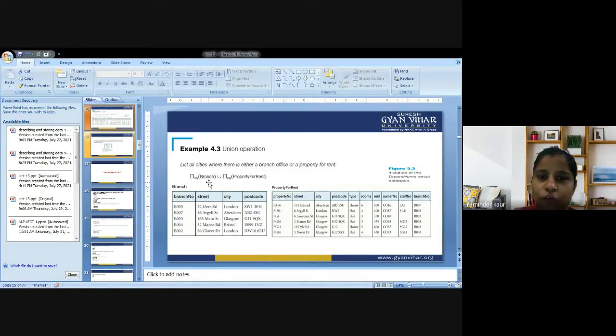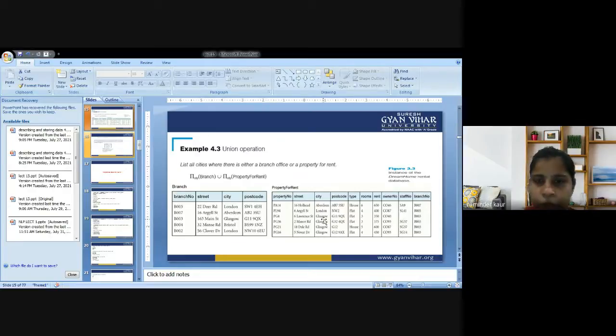Branch office deals with a particular city and property for rent deals with a particular city. So these are the attributes.